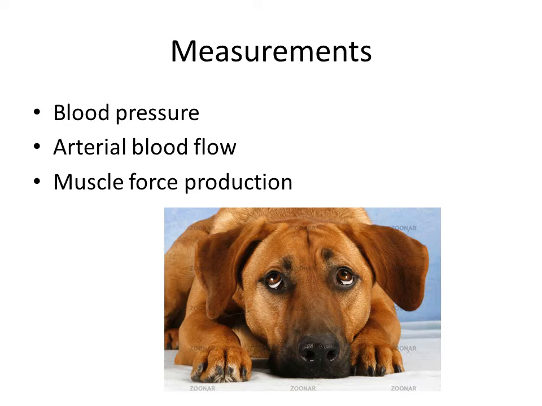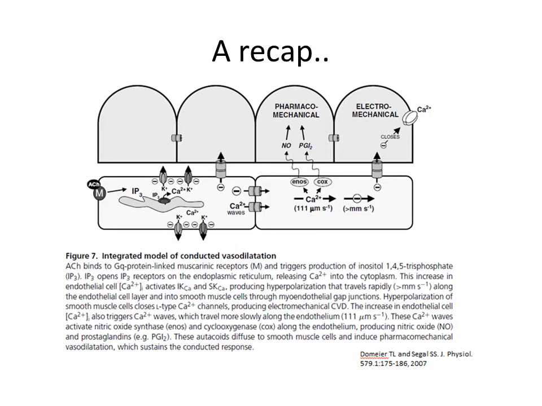So as you can see, these are the main measurements the research group took into consideration. Blood pressure was monitored to ensure that the dogs were still in stable condition despite being heavily sedated. Arterial blood flow was the main measure examined in the article, because of the reasons we discussed earlier. And lastly, muscle force production was measured to ensure that the infusion of potassium did not cause